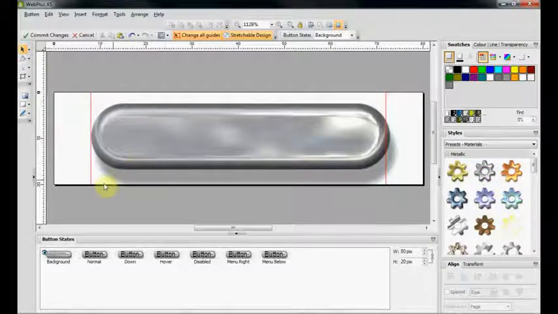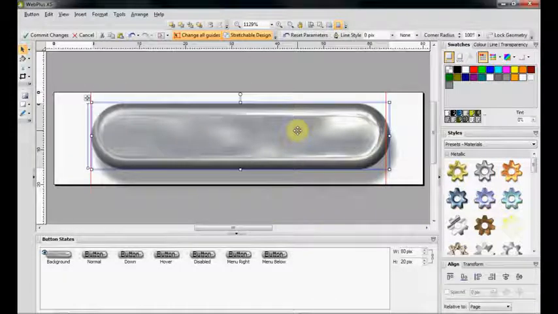It's important to note that whatever is outside the page or the button area will get cut off, so aim for everything to be within that area and you should be fine. So I'm just going to make some changes to it. I'm just going to right click,